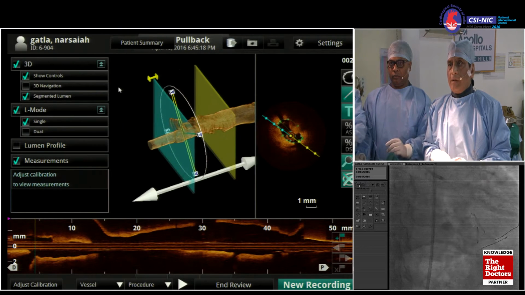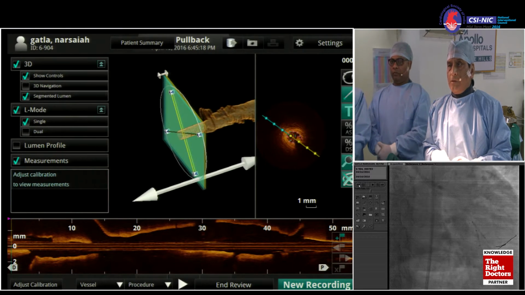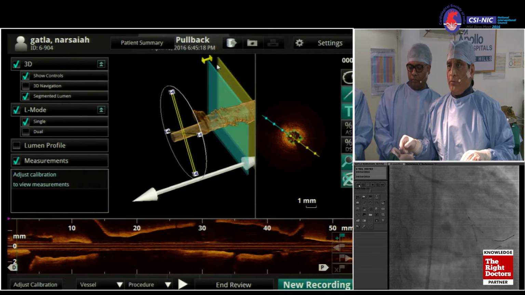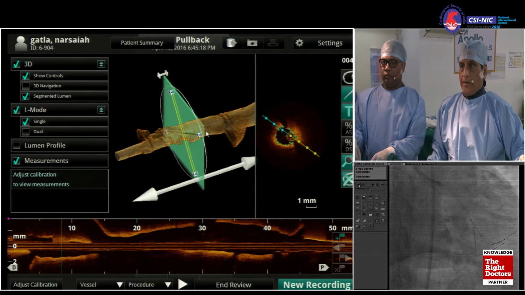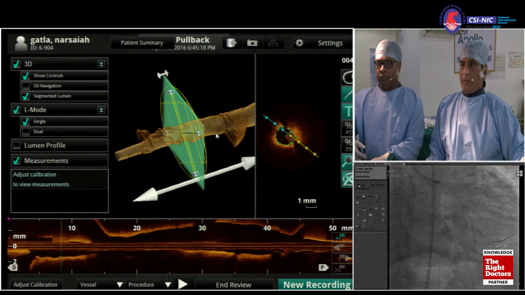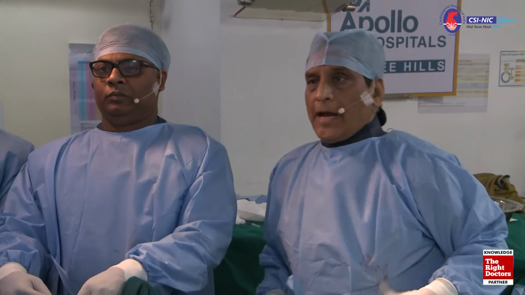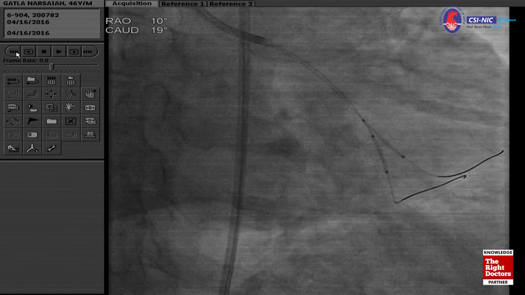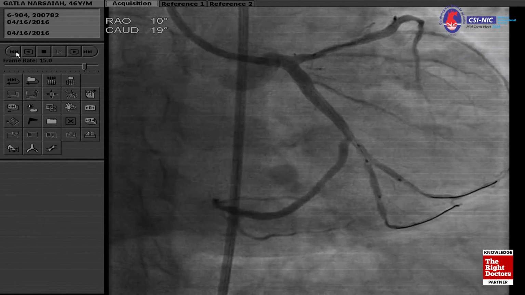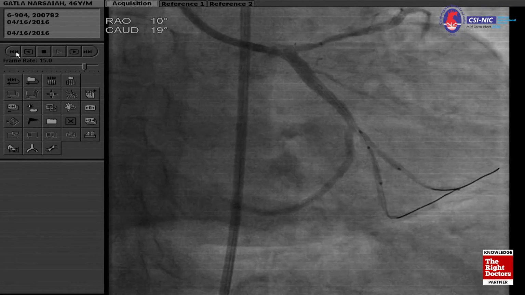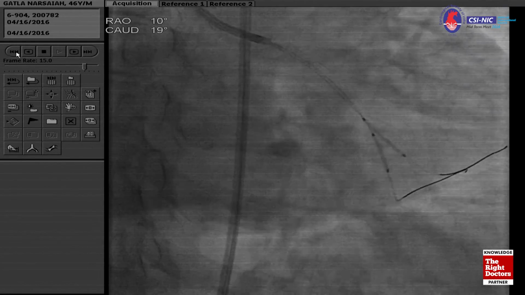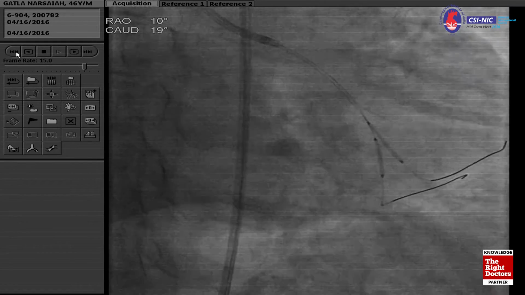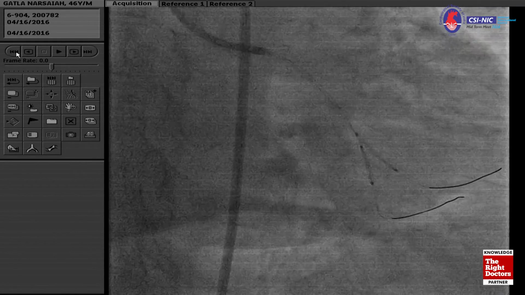So now, clearly, once you decide the 2-stent strategy, the question is where you should do it. Let's do a picture. We're ready to take a picture. In this particular case, we said we do a mini crush. The idea there is that with a mini crush it is very easy to cross. First we will deploy in OM2, take the wire out, and then we deploy the stent in the OM1, and then OM2 will be easy to cross because of the vertical nature of the vessel.